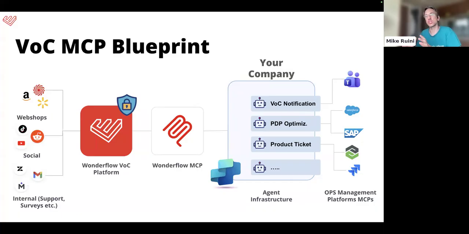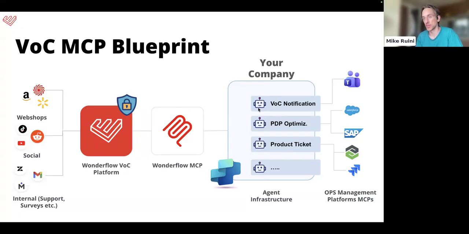And again, all these agents are connected, hopefully, to other MCPs. I call them operational MCPs, which are the MCPs that are actually making things happen. But if they're leveraging the knowledge from consumers that is coming from Wonderflow, they can do a better job at